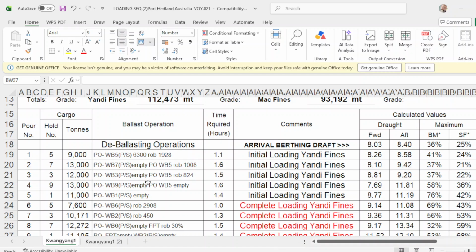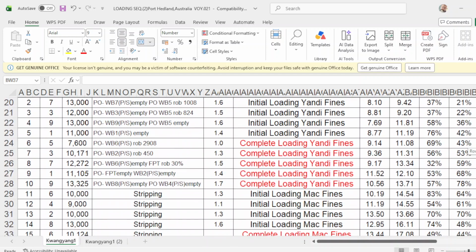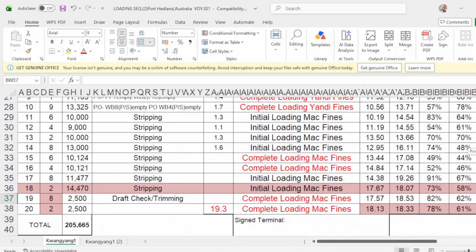The ship is now loading. Then I have made an instruction.